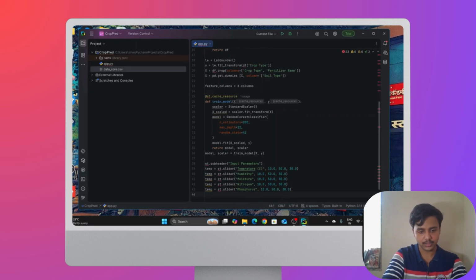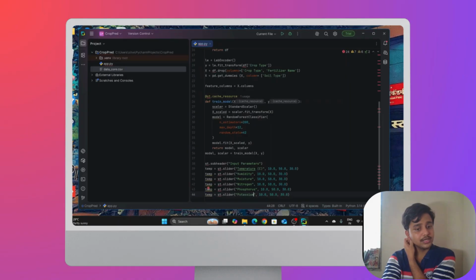Let's make it for potassium as well. So same pattern for humidity, moisture, and the nutrients.